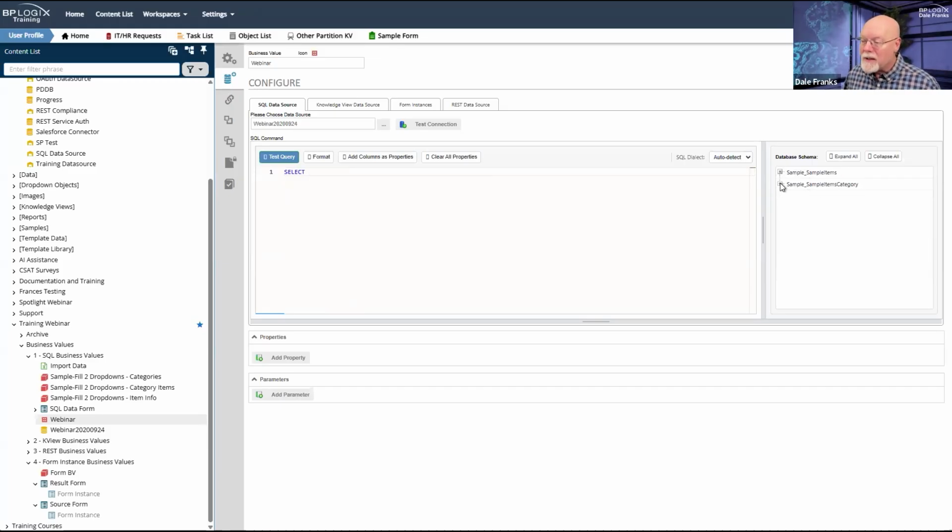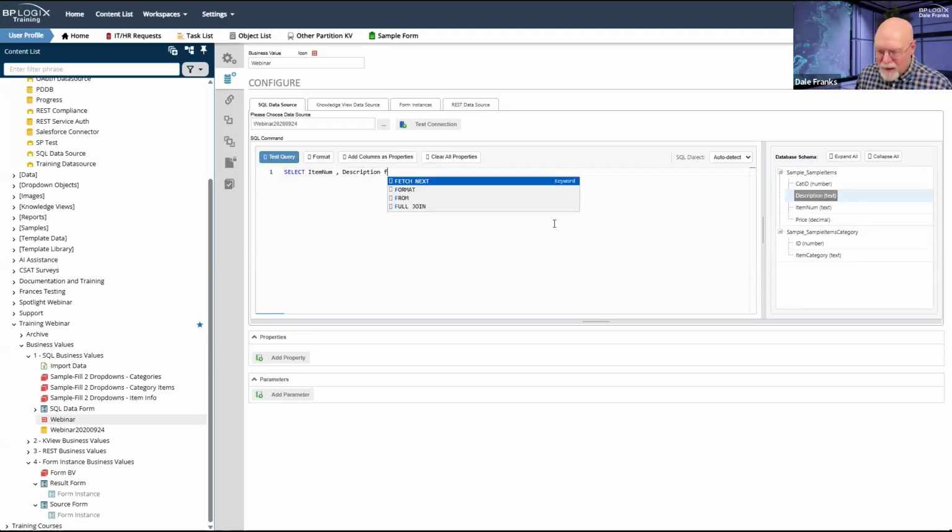Well, let's say I want to select an item, and I'm going to want to link it to the category ID. So I'm going to need a filter, a where clause. All right, fine. Well, I want to take the item number. Oops, I didn't mean to double click that. I just need to take the item number and the description, and I'm just clicking on it, and it is filling out my editor. So item number, description, and what table do I need it from? Well, it's right there. There's my from statement. So I have IntelliSense to help me.